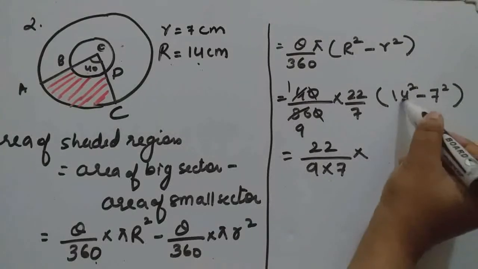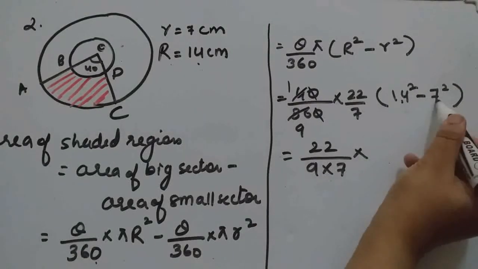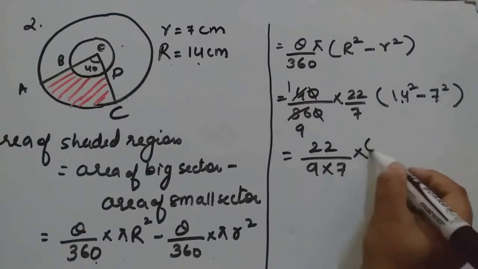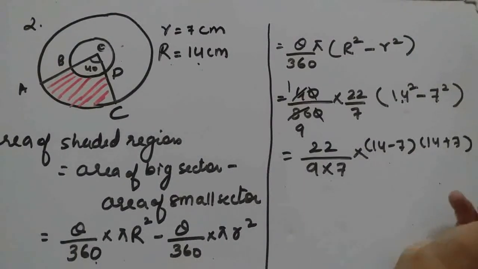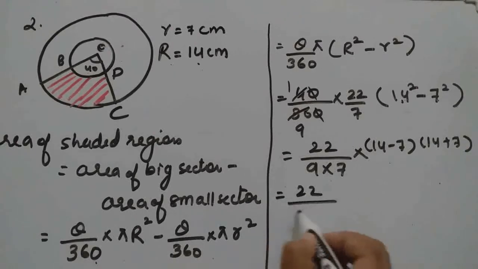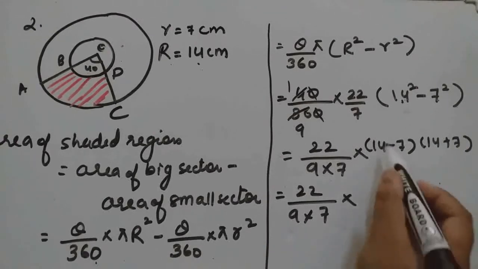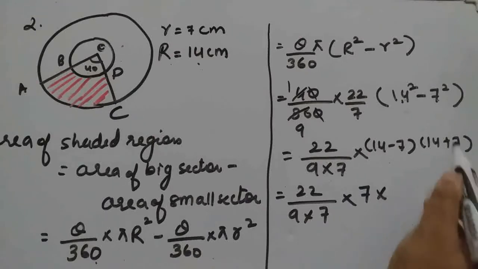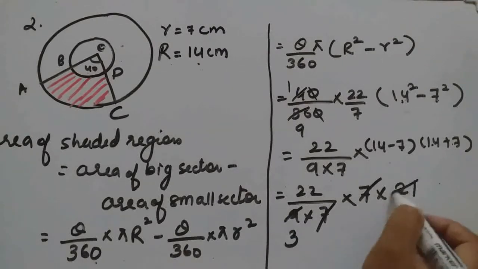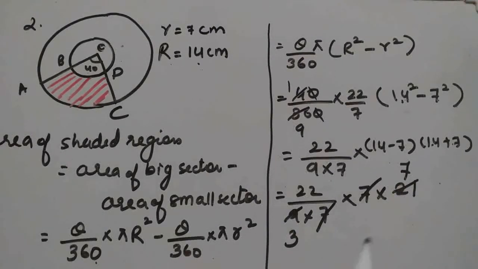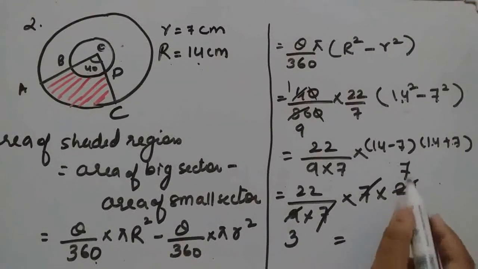Now for this we can use the third identity, a square minus b square, so a minus b, a plus b we can write. So 22 by 9 into 7. Now 14 minus 7 is 7, and 14 plus 7 is 21. So 1 7 will go, and therefore 3 we can cancel. 3 7s are 21. So now the answer will be